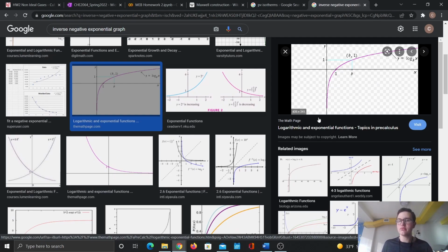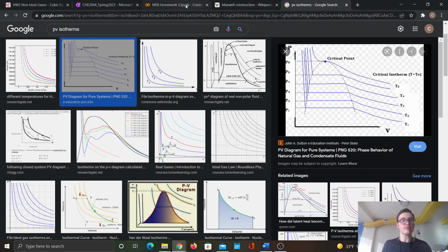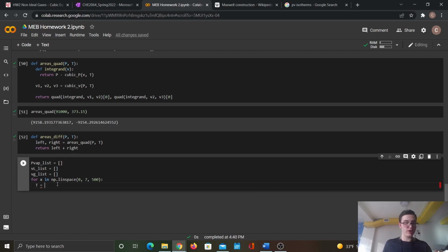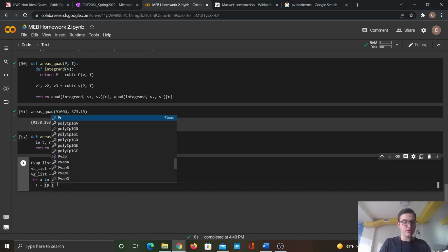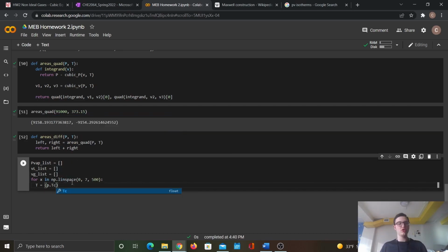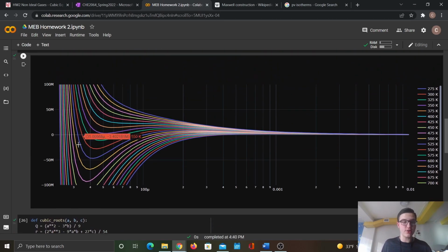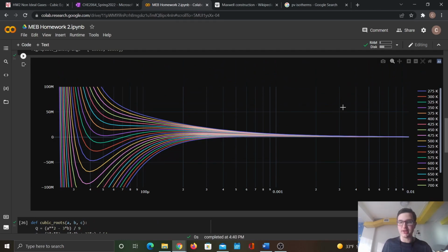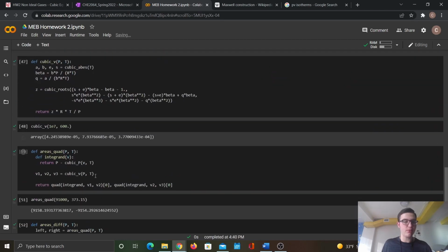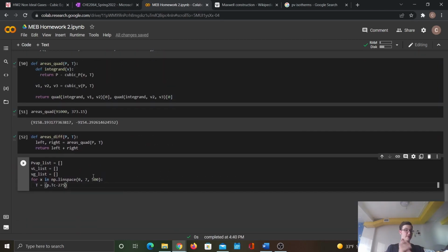Yeah. So it looks like a logarithmic or exponential function here. So what do we want to do? Well, we want temperature equal to, say, the critical temperature minus 275, because that's our starting temperature. So this bottom variable is 275. We want that at effectively 0